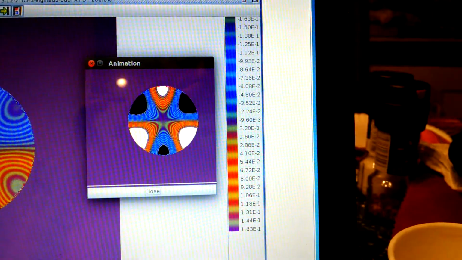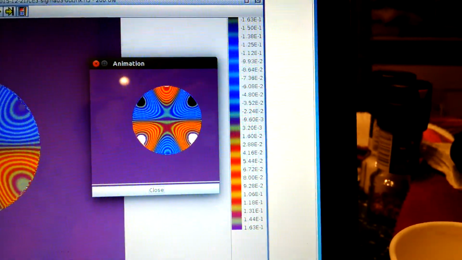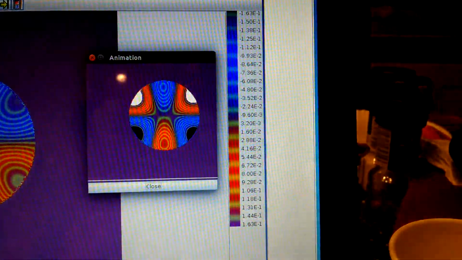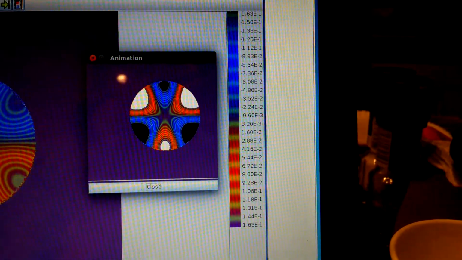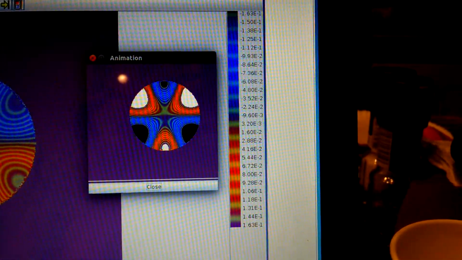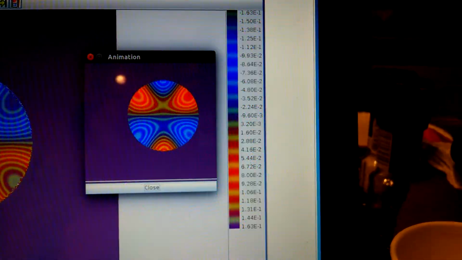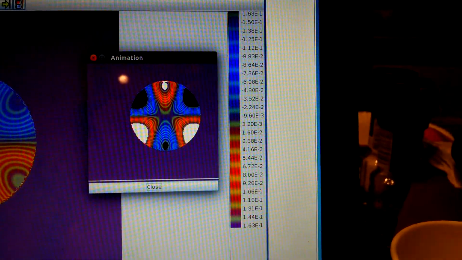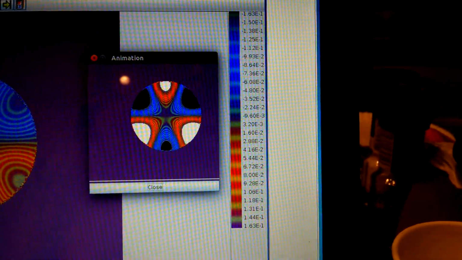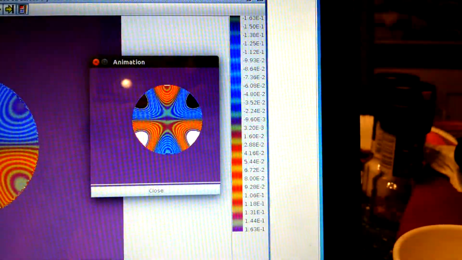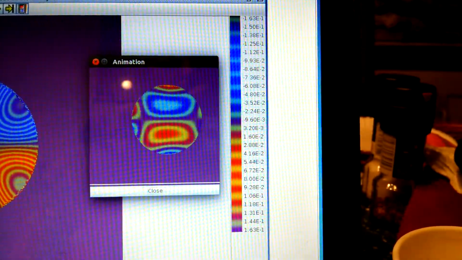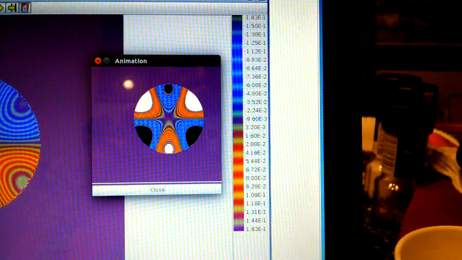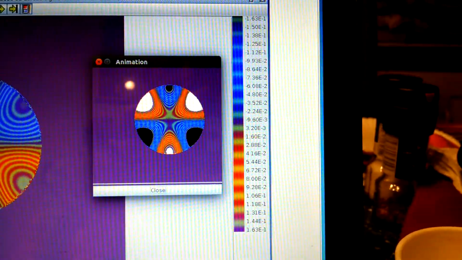So you can see the maximum scale here is 1.63 e to the minus 1. But that scale maxes out, and then you get the black and white on top of that. And the black and white areas are a lot stronger than the scale can indicate. I'd have to start the image generation in what was the highest point in order for that scale to get auto-generated correctly. But it looks to me like it's way above 1,